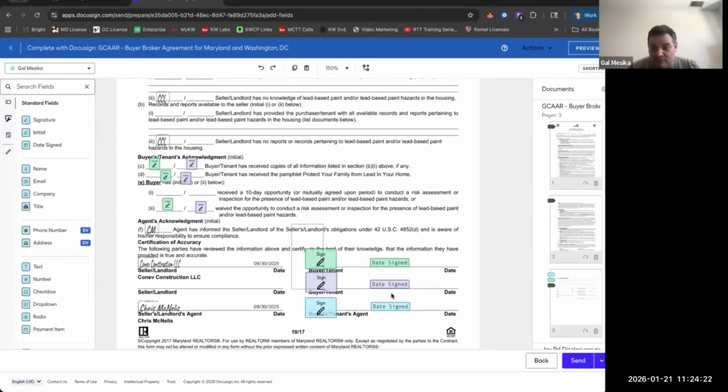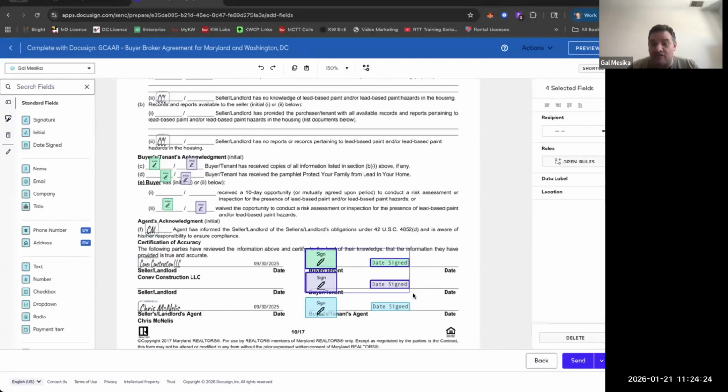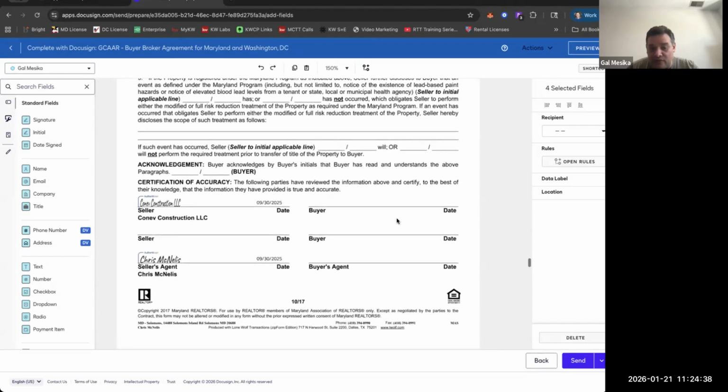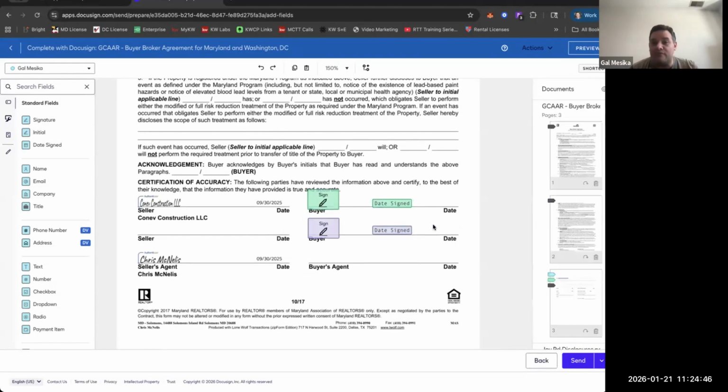If I know that I'm going to need to use their signatures again together, highlight all of them. Command C on a Mac, which is what I'm using. I'm assuming it's Control C if you're on a PC, but you can just copy these and then go to the next form and paste it, and then just move it to wherever you want. All right. So those little shortcuts at least will help you when you're trying to do this, especially working with